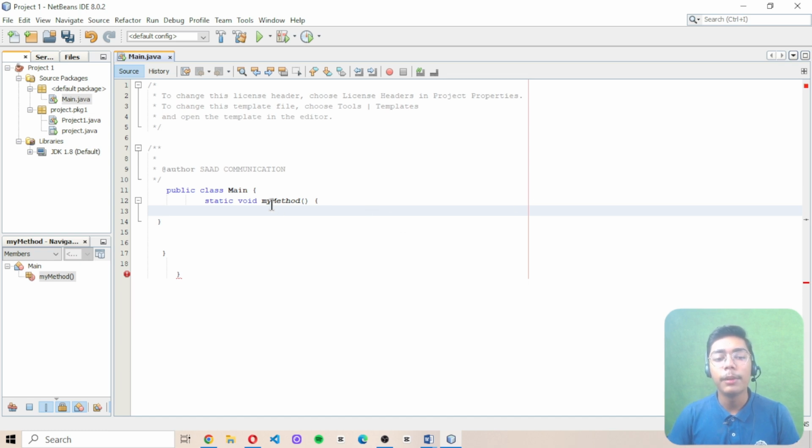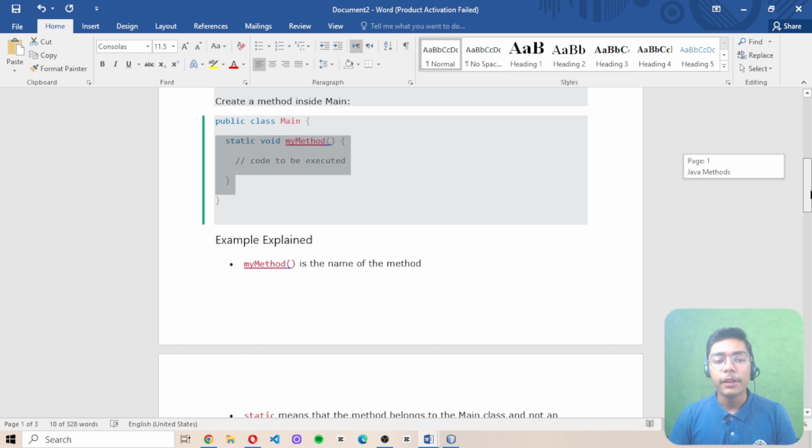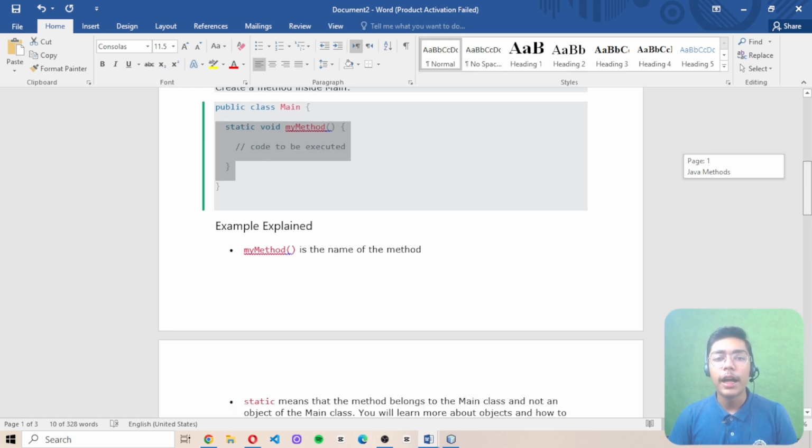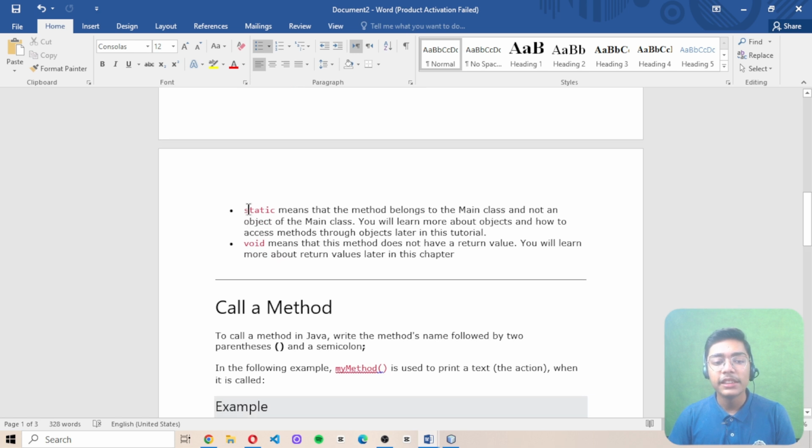That's the reason I have written my method name as my method, but you can give any name to your method, as I told you. Then moving on to the Word document, I will show you what things we can add in our method. But before that, we need to understand how we are creating this my method and what the purpose of creating it is. So here is the example explained: my method is the name of your method, and